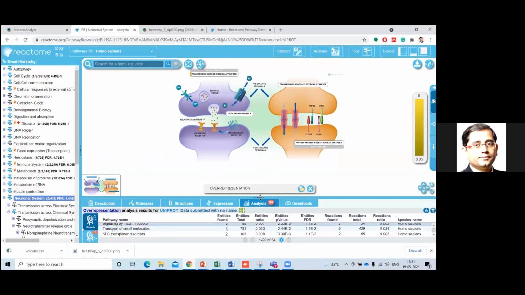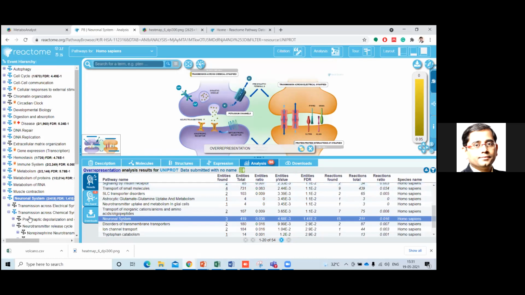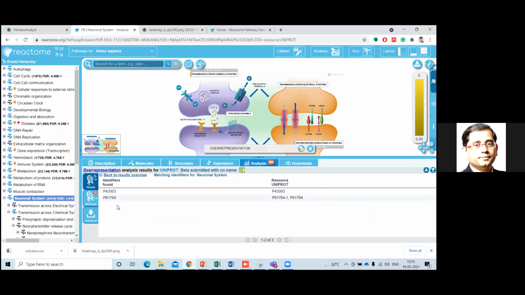If we talk about the neuronal system, it has 3 proteins over here. These are obviously some isoforms; actually, 2 proteins are there. Out of these, 1 protein I showed is downregulated in the tumor. So maybe as the tumor growth is happening, there is an effect even in the neuronal system. It's just a normal interpretation.